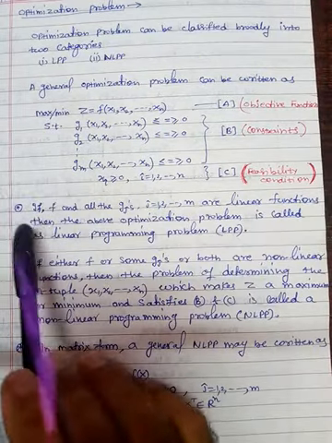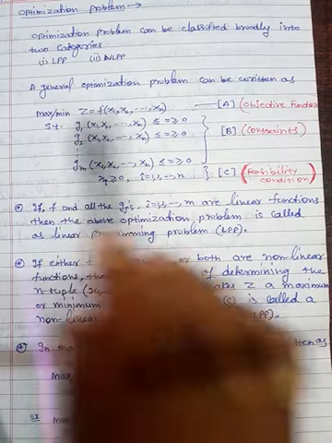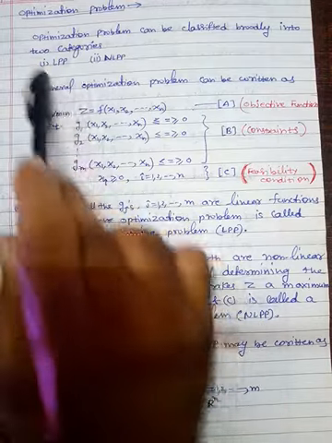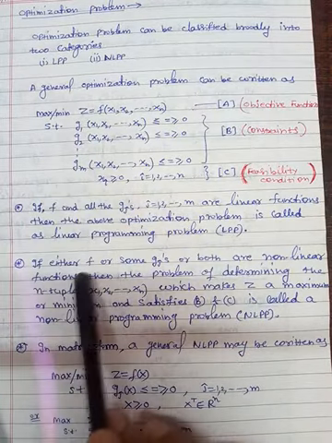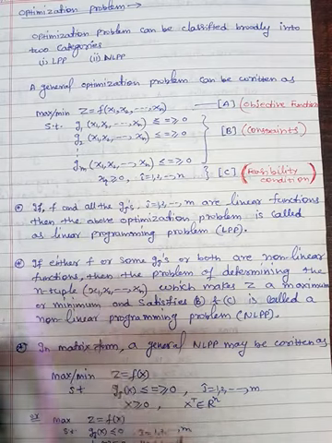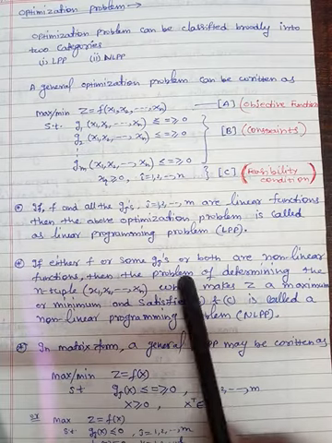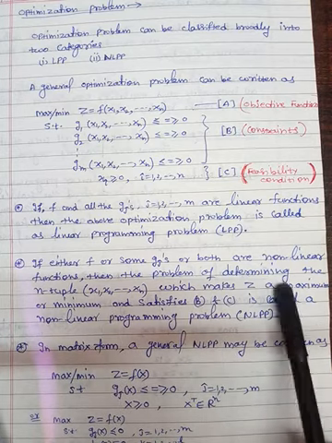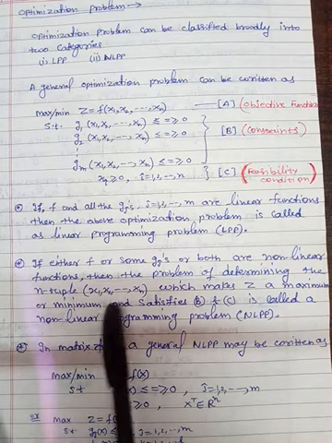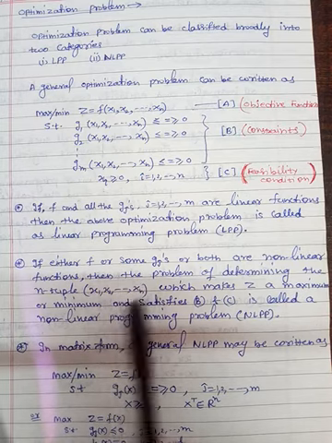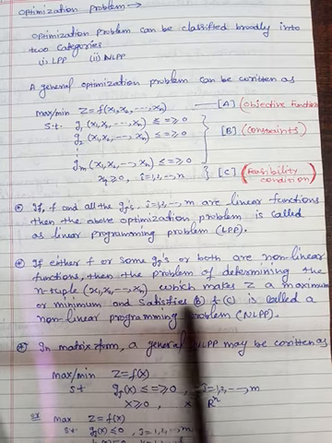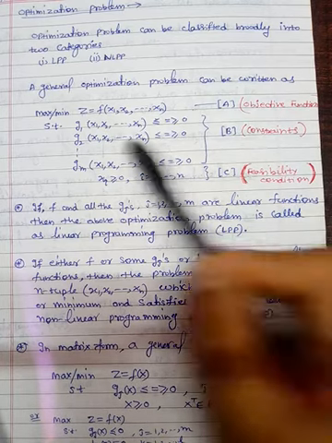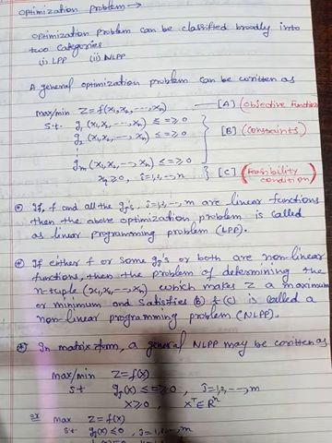Now here, if the objective function as well as all the constraints are all linear, then the problem is known as a linear programming problem. And if either f or some of the gj's or both are non-linear functions, then the problem of determining the n-tuple x1, x2, ..., xn, because this is our target, to find the optimum values of x1, x2, ..., xn which make z either a maximum or minimum and satisfy b and c. What is b? B is this and c is this. This is called the non-linear programming problem.